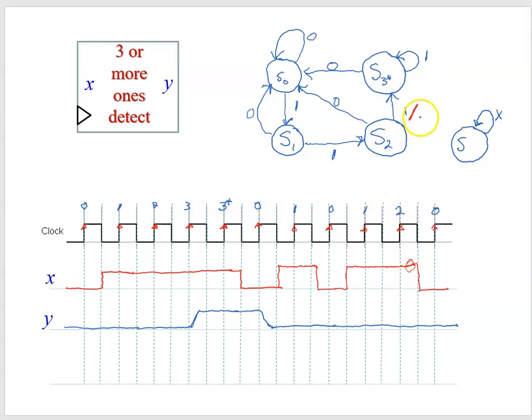slash 0 or slash Y would be changing based on whether we're going here, we'd want it to be a 0, right? And here we'd want y to be a 1. But then it would change based on this x. So our y would end up going high and then low again here. And we don't want that to happen, right? Since we don't want that to happen,